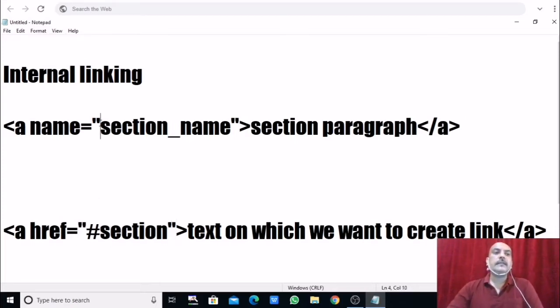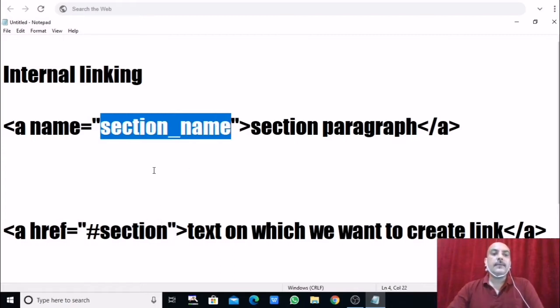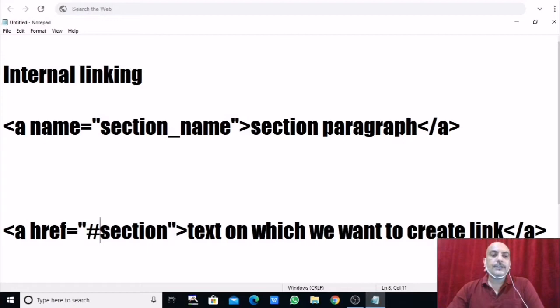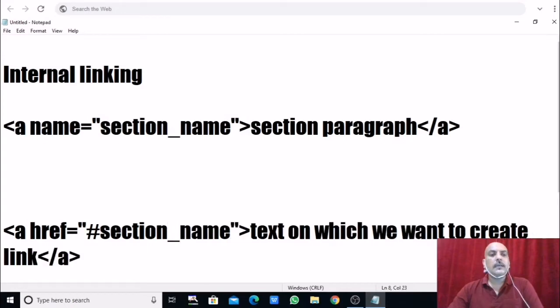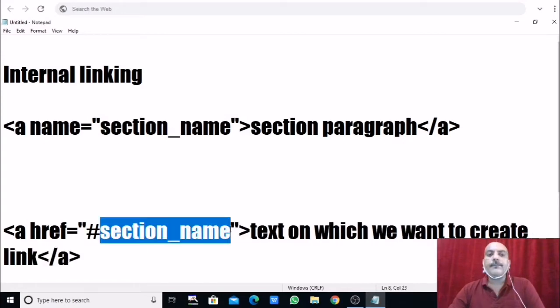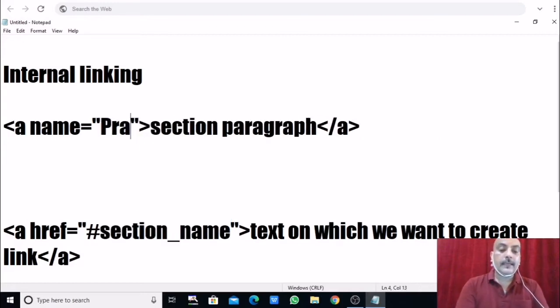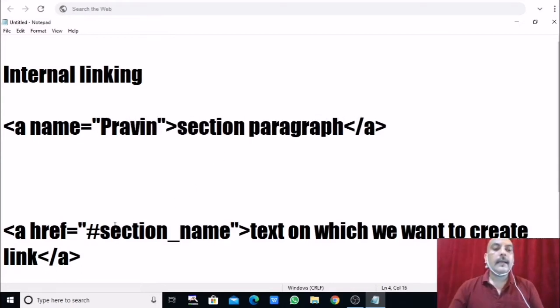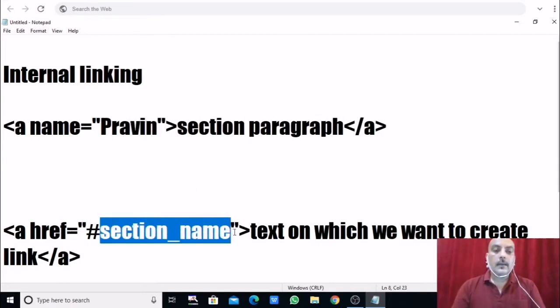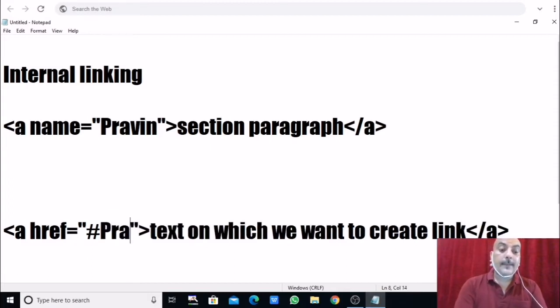This one is section name, so write section name. Here I have not changed the section name, so I need to change it here also, the same section name. It can be your name also. Suppose your name is Praveen, right? So right here, Praveen with capital P.